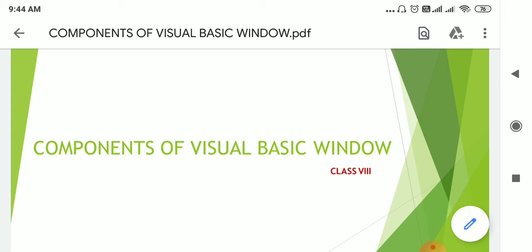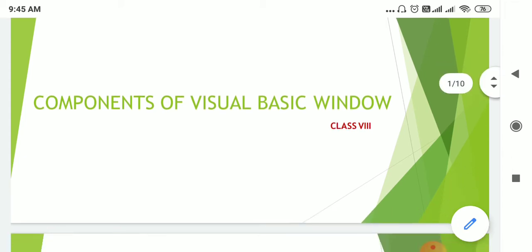It means while you start writing the coding in Visual Basic, how you have to start, from where you have to start, how to add the objects, where are the toolbar options, where is the menu bar, where is the project explorer. I have shown you an image about it in the last video, but now in this we will describe in detail. So here we are starting it.